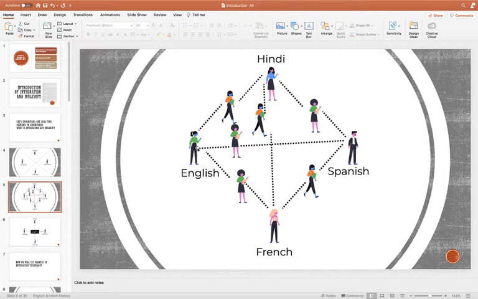In this way one person can speak in English and the other can speak in Hindi, and they are able to communicate with each other with the help of this translator. Similarly, between each pair of people we have one translator who knows that particular language. With this solution they are able to communicate with each other.